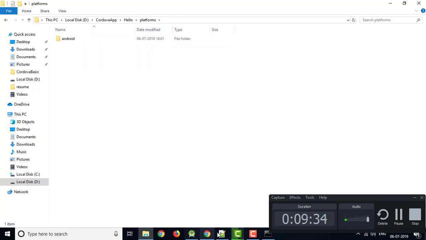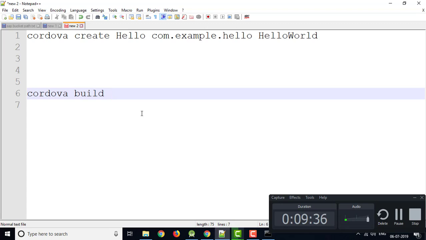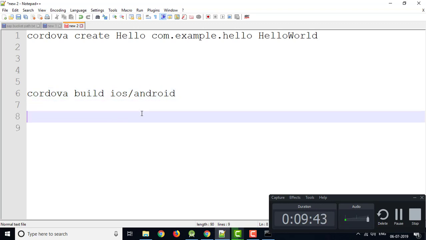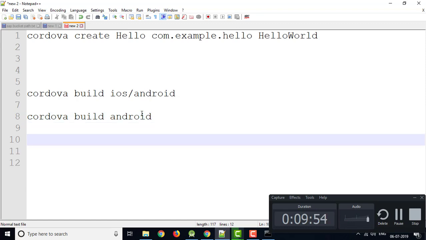So that time, to build the application, you have to specify on which target you want to build. So you have to give that target, either iOS or Android. For now, our command will look like build Android. Now one more thing, we don't have any different platform. So what we can do is fire the command like Cordova build. It will automatically detect that if there is only one version, then we need to build for that particular version. So there is only Android.